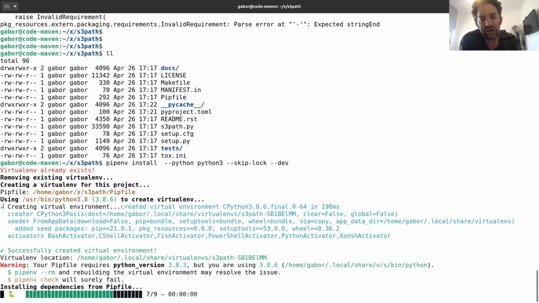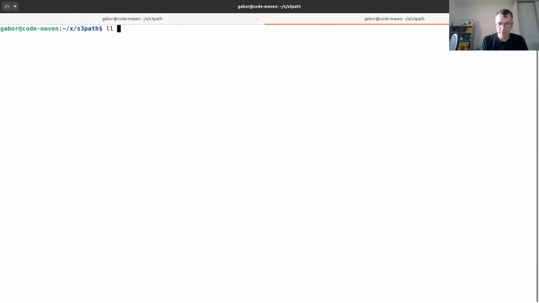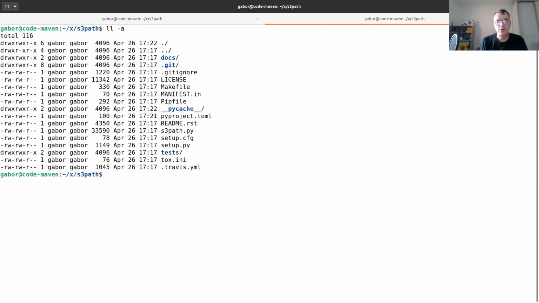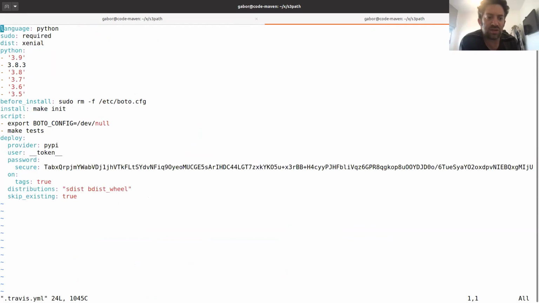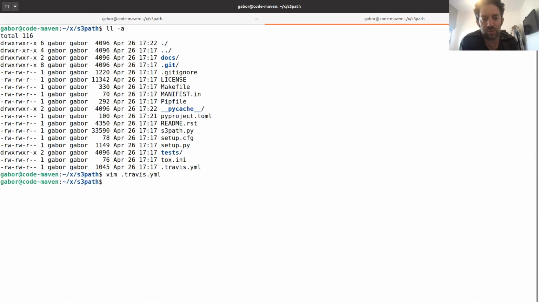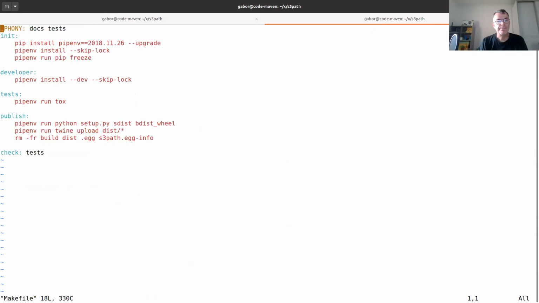In this case, it's fine because I'm using pipenv only for the development environment, not for the real setup. Do you have any CI setup? I have Travis, and you can see I have a makefile as well. I like to wrap it cleanly most of the time.